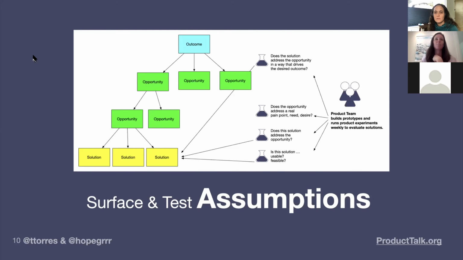And I think the other thing that helps you identify assumptions that you should really test soonest is if that assumption needs to be true for any of your solution ideas to work, those are the ones you're going to want to test soonest. So in Teresa's example, and in my example, if none of those are true, it doesn't matter how great our solution is, there will be no market for it. So that is a very important thing that we want to test early, so that if it turns out to be a two-way decision, we decided we didn't like what we saw on the other side, we pivot right back up the tree and look for another opportunity.